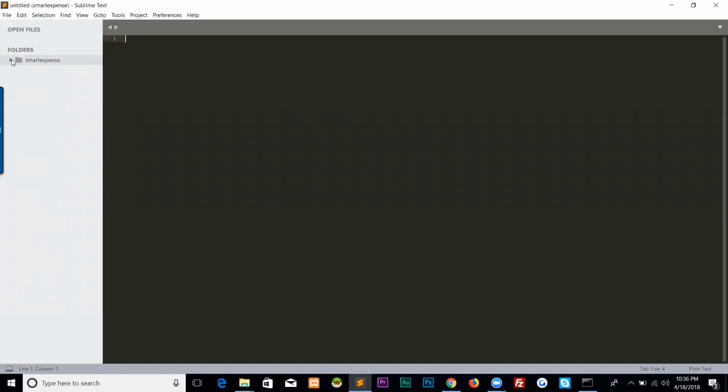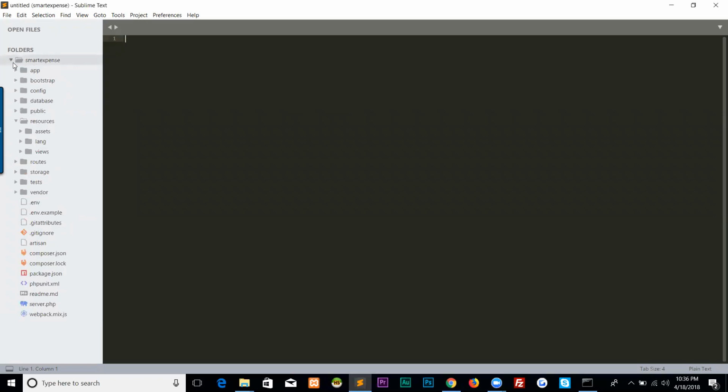So we have an app named smart expense. Under that we have a source. There are mainly three or four directories that we frequently use, and because it's a model view controller structure, one directory will hold models, one will hold controllers, and one directory will be for our views. So in app